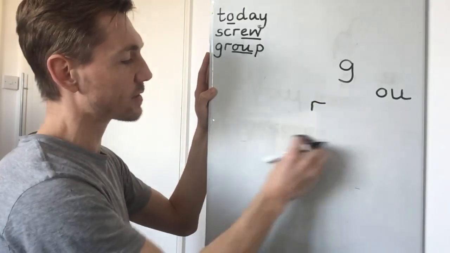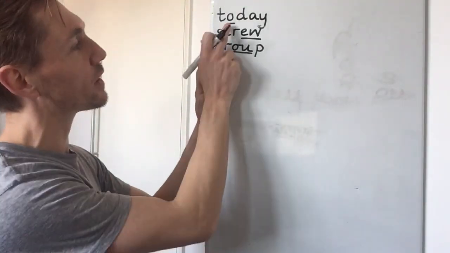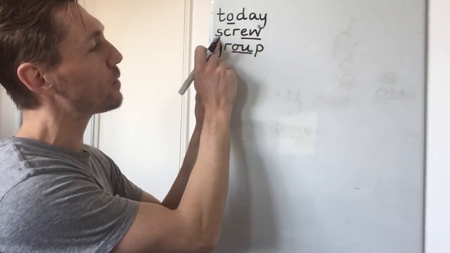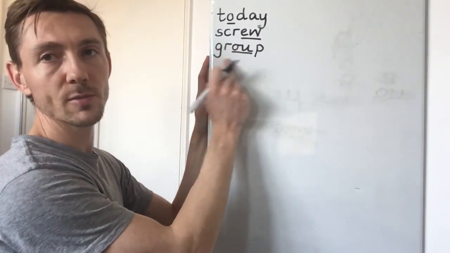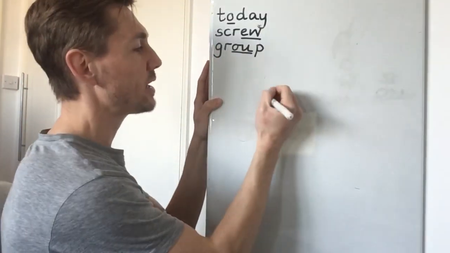So we've got three spellings of the oo sound so far. Three different spellings, but just the one sound. We've got the O spelling of oo in today. We've got the EW spelling of oo in screw. And now the OU spelling of oo in group. Next word that we have today is the word